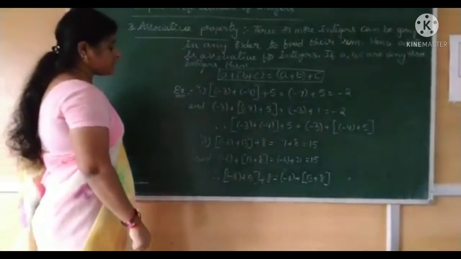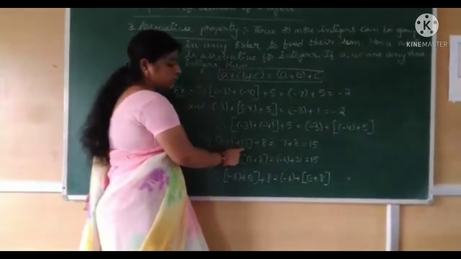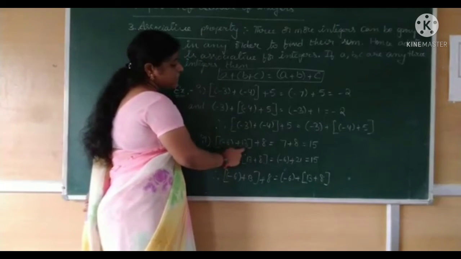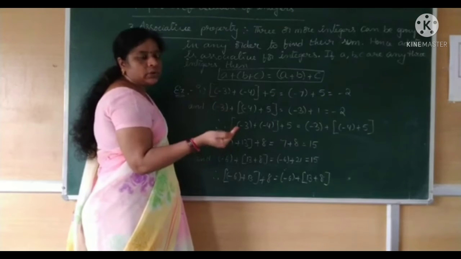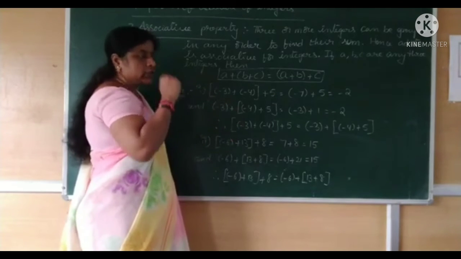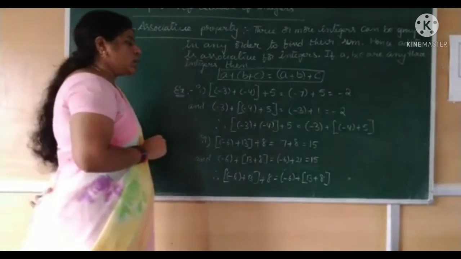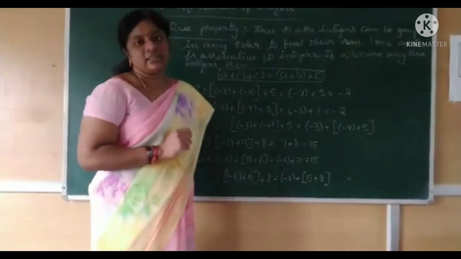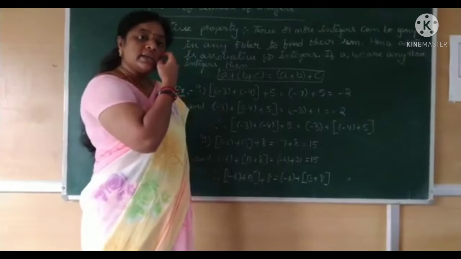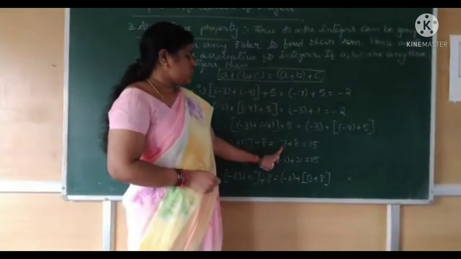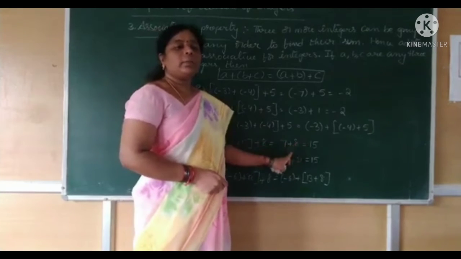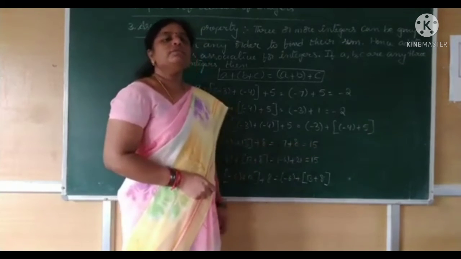Okay, so another example: minus 6 is added to 13 and the result is added to 8. Minus 6 plus 13 is one positive, one negative. In a positive and negative addition, you just find the difference between these two. How much is the difference between 13 and 6? 7. Which is the greater one? 13 is the greater one and 13 is positive. So the result is positive. So 8 is added to 7. Both are positive, so 7 plus 8 is simply 15.